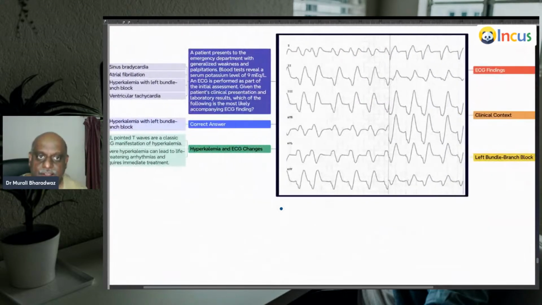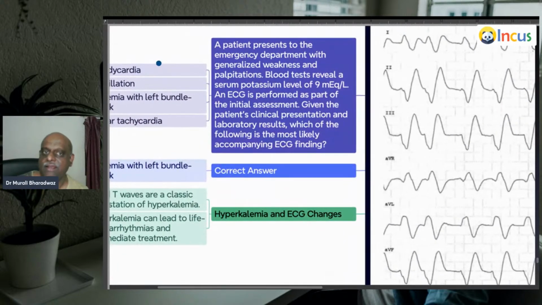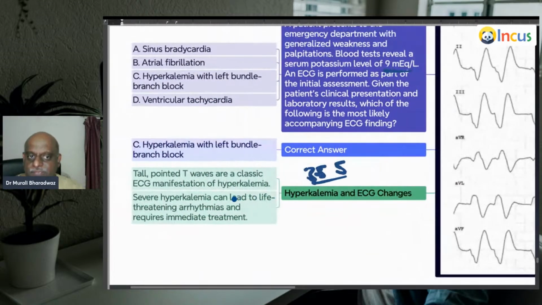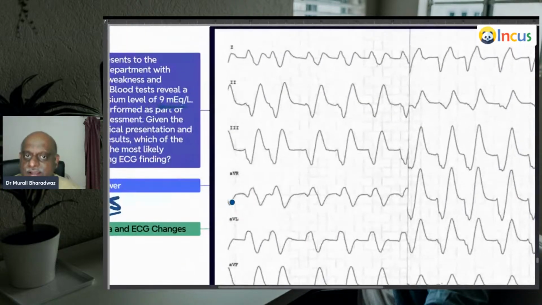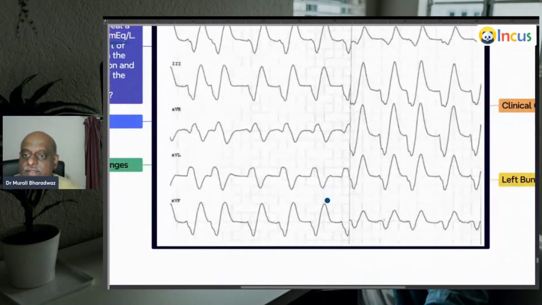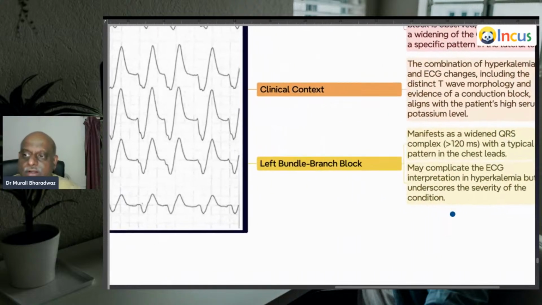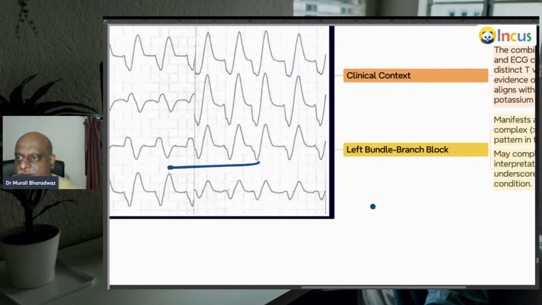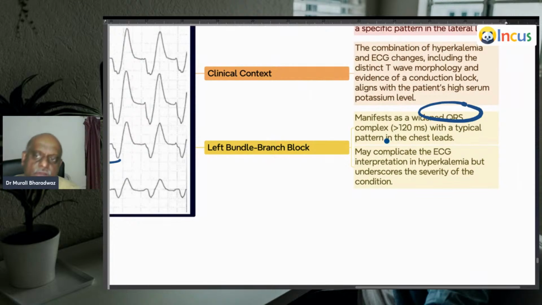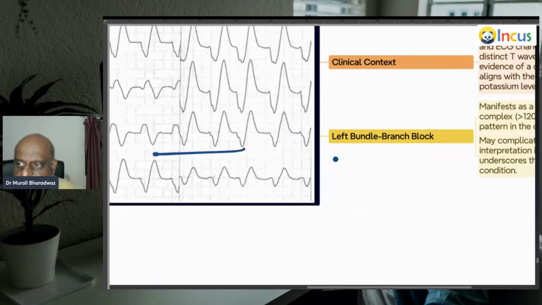Then a patient presents to the emergency with generalized weakness and palpitations. Potassium level is 9 milliequivalents per liter. Normally potassium is up to 5, 3.5 to 5. ECG is being performed. So what is it that you are seeing here? So it is a left bundle branch block. How do you diagnose left bundle branch block? Widening of the QRS,